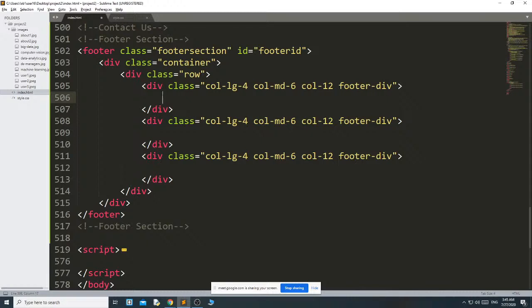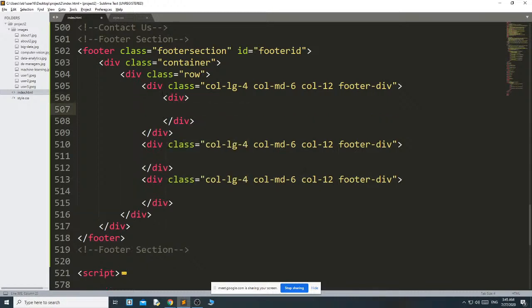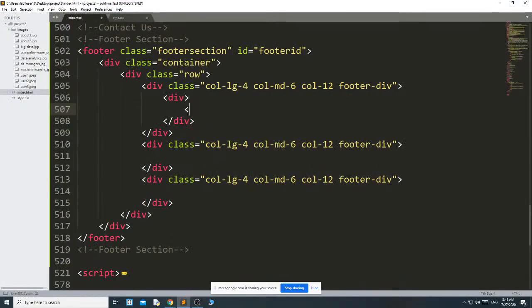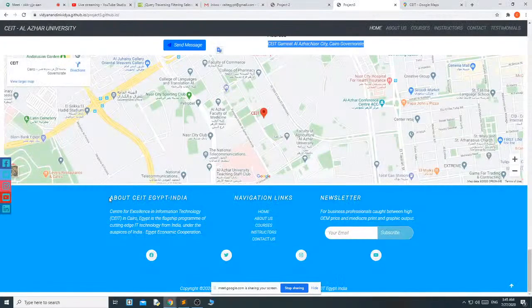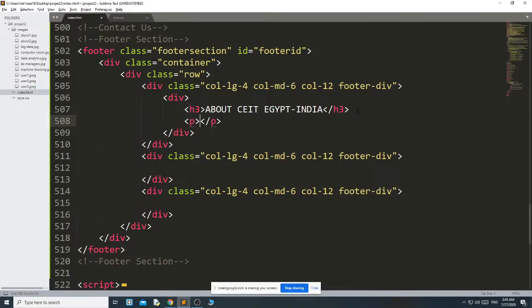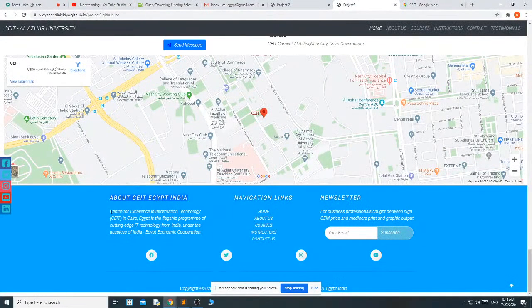Then the first part. In the first part I have one div. Inside that div these 2 pieces of information. Then I just use H3, copy this, then paragraph, copy this.